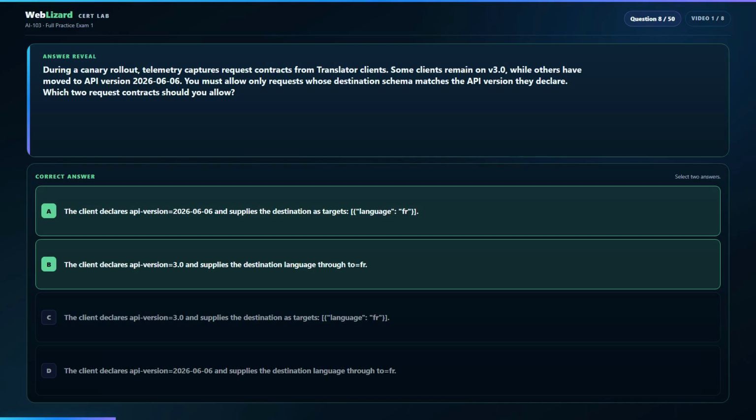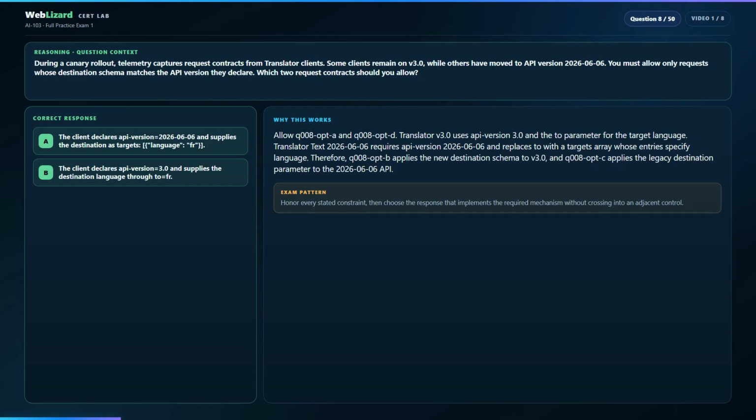Correct response, A. The client declares API version equals 2026-06-06 and supplies the destination as targets language FR. B. The client declares API version equals 3.0 and supplies the destination language through to equals FR. Why this works. Allow option B and option A. Translator version 3.0 uses API version 3.0 and the to parameter for the target language. Translator text